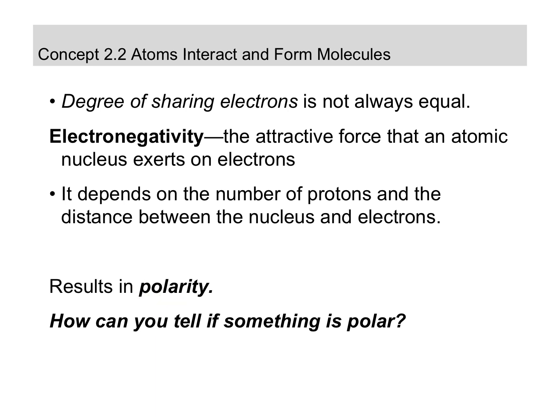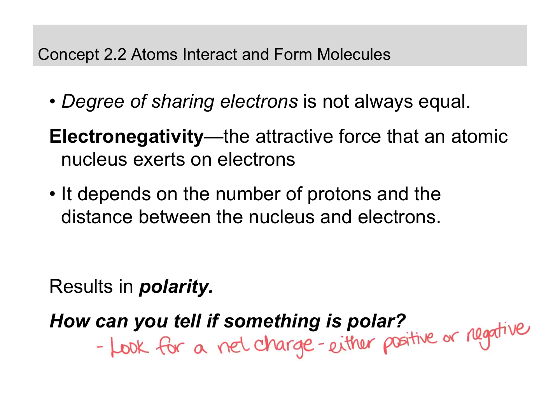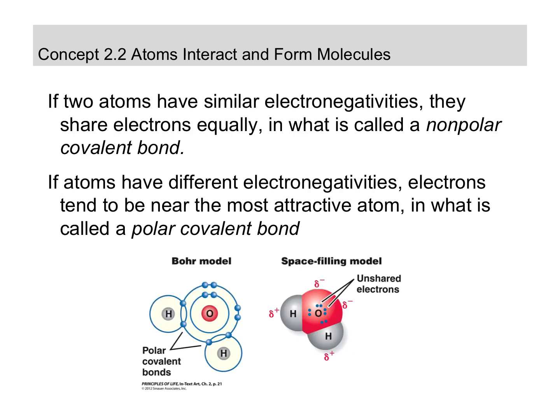Well, remember that atoms are going to be neutral if the protons, or positively charged particles, are equal to the electrons, which are negatively charged. So if one of those is out of balance, then you're going to end up with a net charge. If two atoms have similar electronegativities, they share electrons equally in what is called a nonpolar covalent bond. If atoms have different electronegativities, electrons tend to be near the most attractive atom in what is called a polar